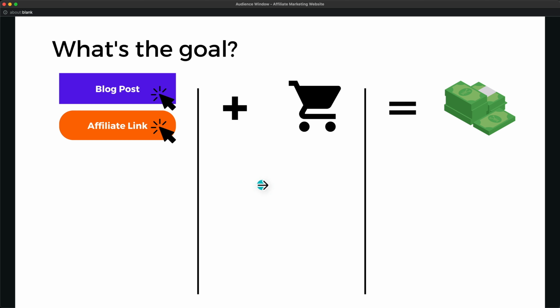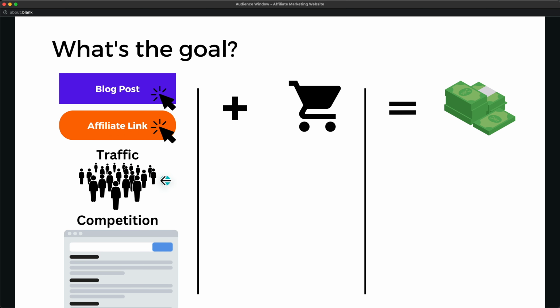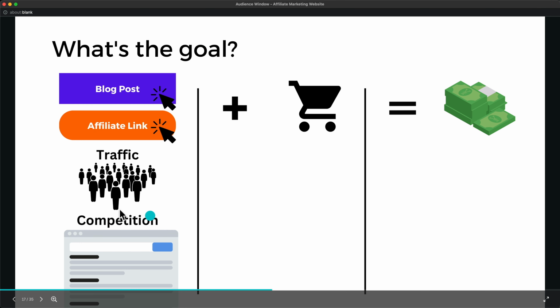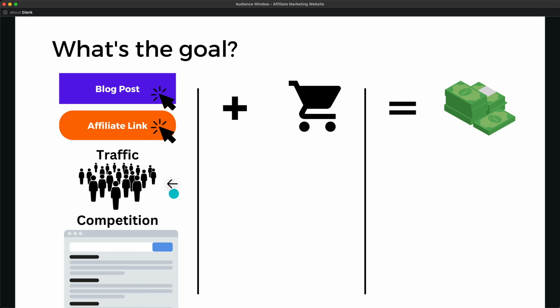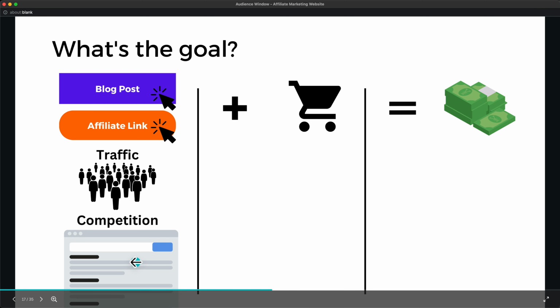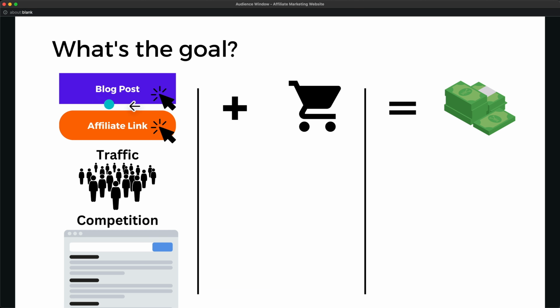Now, to look at this a bit more closely, what do we actually need here to increase this part of the equation? So the first thing we need is traffic, meaning we need people to be actually interested in what we are posting, the content that we create. And then we also need to look at competition, which is also something many people underestimate or they don't even look at. It means that obviously when a lot of people look for a specific search term, then we're not the only ones that create content for that search term. So there are already tons of websites trying to rank on the first page of Google for a specific search term with their blog post.